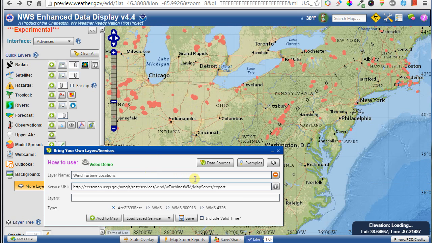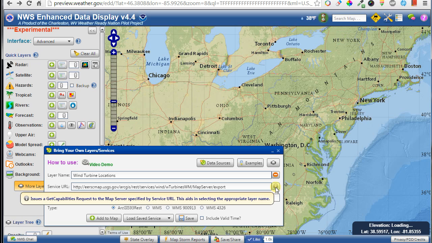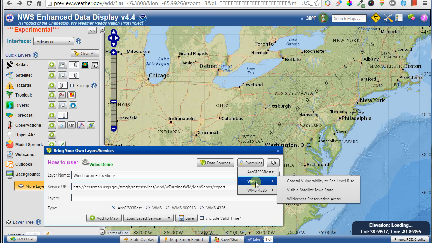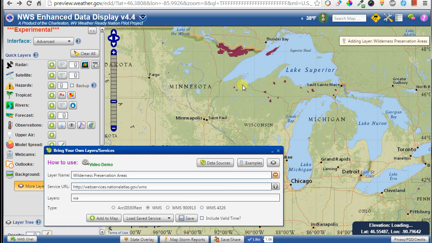Let's see here. This little guy right here is just a quick way to remove that layer from the map so you don't have to go to the layer manager. And this right here will make a get capabilities request for the map server layers, which are these down here. An example of a map server layer might be the wilderness preservation areas, which are up there. You can see how that layer is named WA. And if I did a get capabilities request on that layer, it comes up with an XML document with a